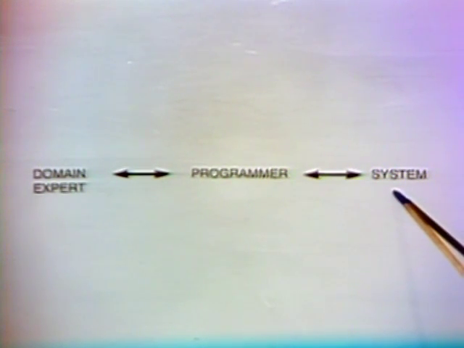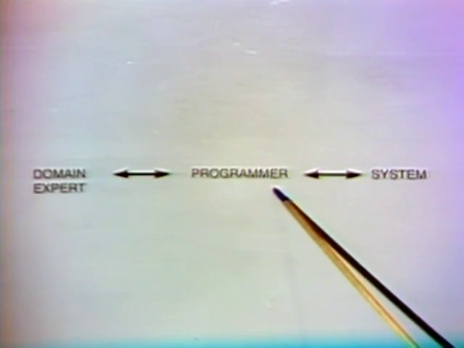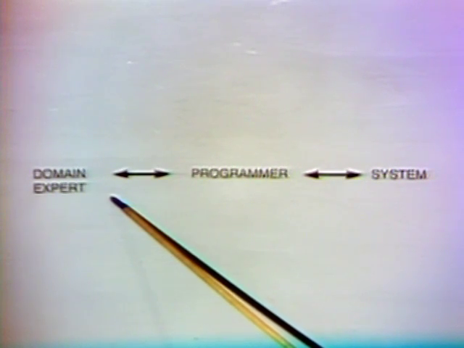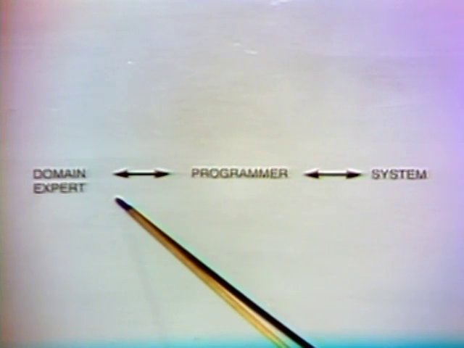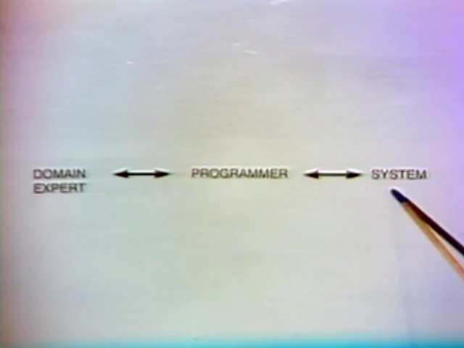You hand the prototype system a particular case to work on, let it do its best on that case. Typically what happens, of course, is that it will do some sort of credible job, but it will make a mistake. So our volunteer programmer here tears off that result, hands it to the domain expert and says, "What do you think?" The response typically is, "Well, that's not bad for a start, but really what we want to do is something a little bit different. The program should really have known something slightly different there. Let me describe that to you." He describes it to the programmer, who then has to figure out what changes he has to make to that system in order to improve its performance.